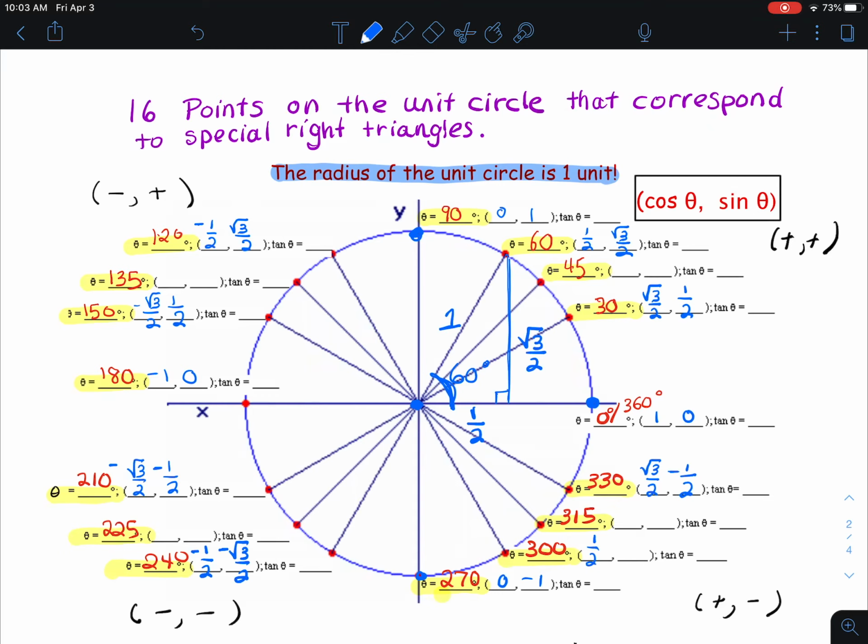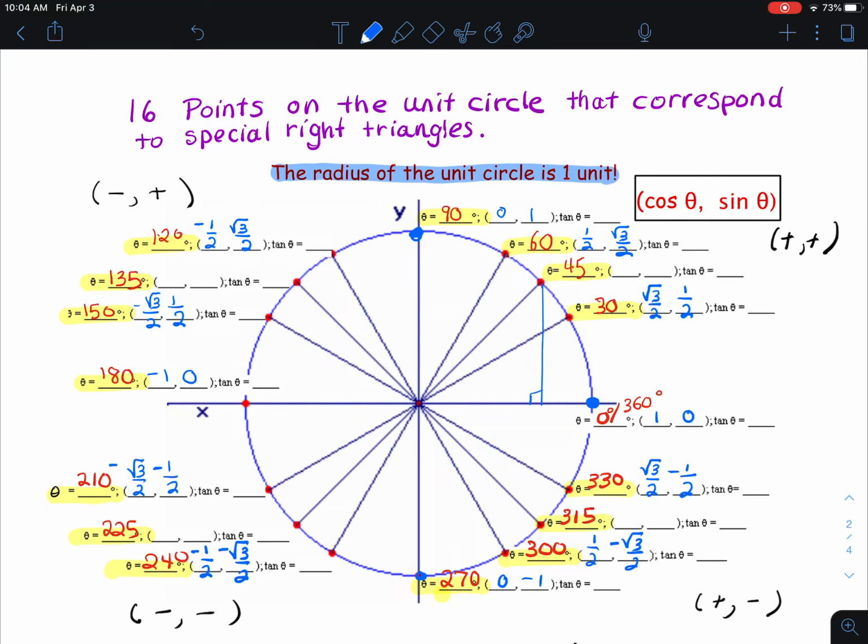So again, keeping those values in the same order, but in this quadrant, the y value is negative, so I'm making that negative. Okay. Hopefully you guys can see where I'm getting these coordinates from. It would be really important that at some point you need to be able to fill all of these in, okay? Okay, so our last coordinates here, and we're going to talk about tangent another day, is looking at